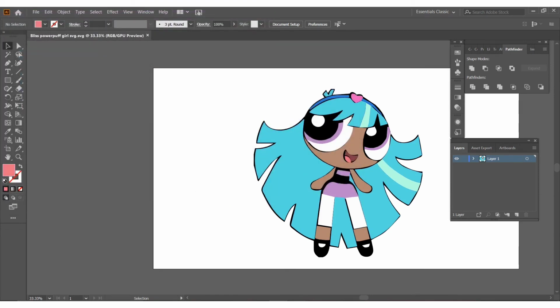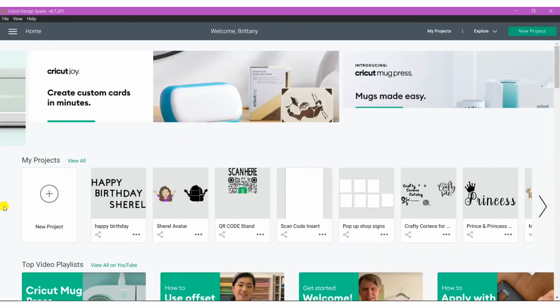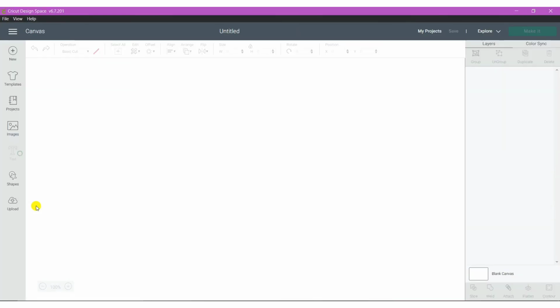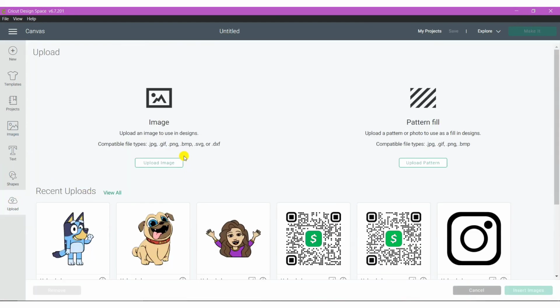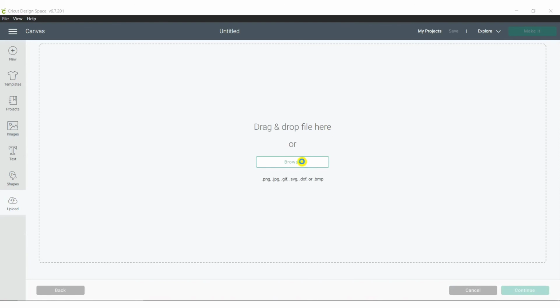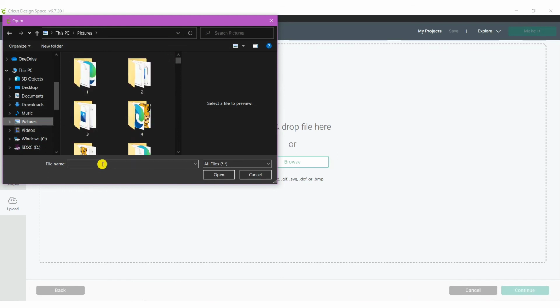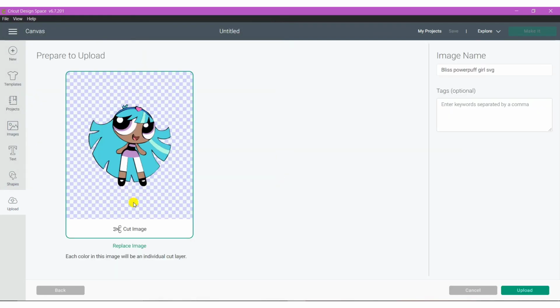So now we're going into Cricut Design Space and then just click new project and then upload, and then we're going to click upload and browse, and we're going to go to where we saved the Powerpuff Girl picture. So I'm just going to type in Bliss, upload your picture, and there we go. Looks perfect. Then you click upload,